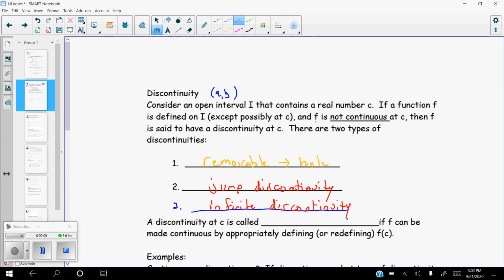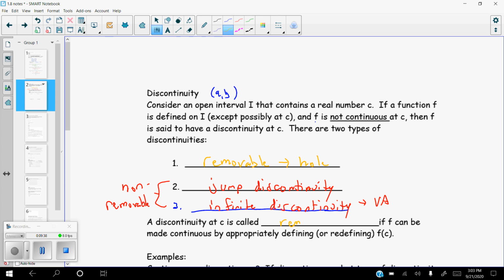All right, and an infinite discontinuity is going to be your vertical asymptote. Both of these two are what are called non-removable, and they are non-removable because there is no way to redefine them in a way that you can actually make them continuous. So again, kind of like what I said before in number 1,